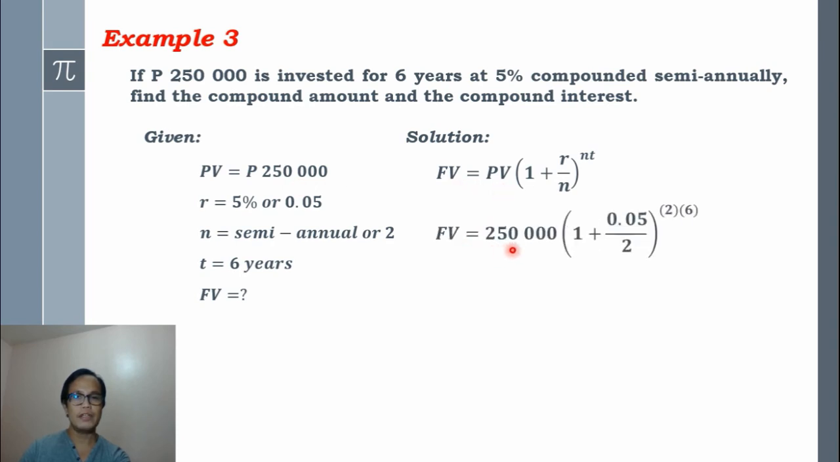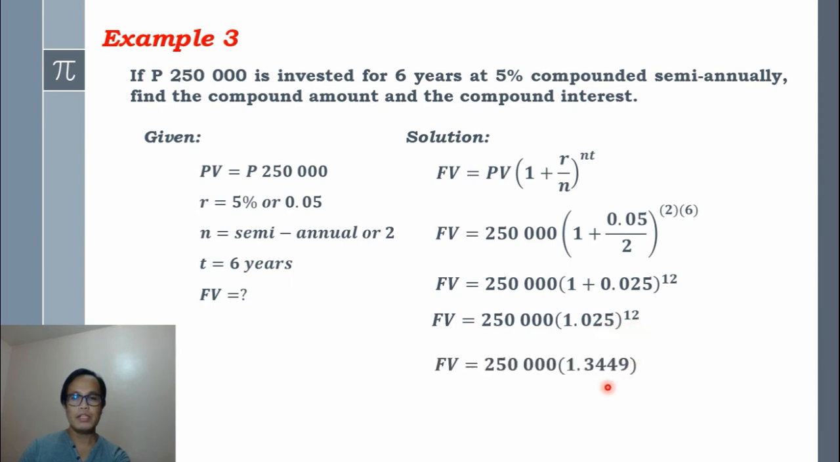So we will have 250,000 times 1 plus the rate is 0.05 over n, where n is 2. Then we raise this to 2 times t, which is 6. Then we simplify, divide 0.05 divided by 2, then multiply 2 times 6. So 0.05 divided by 2 will give us 0.025. Then 2 times 6 is 12. Then add, that would give us 1.025 raised to 12. Then we copy 250,000. Then we raise this number to 12, that would give us